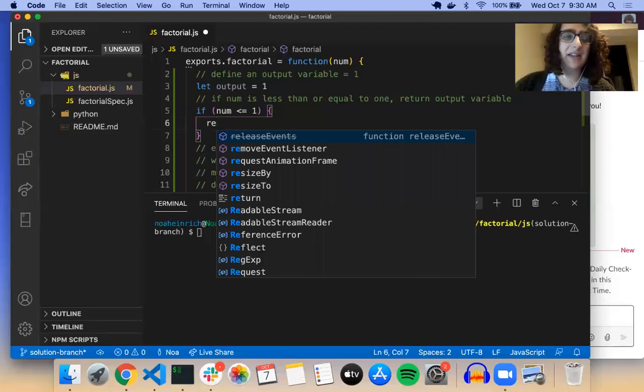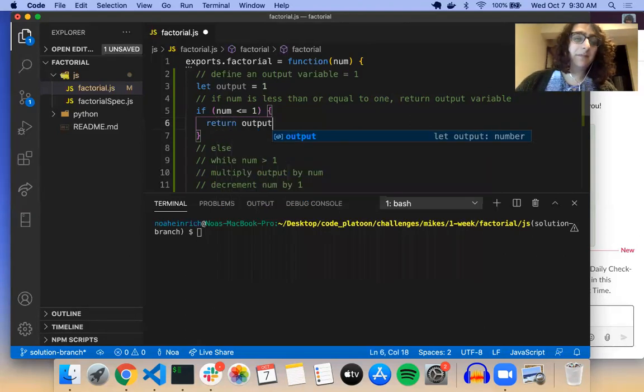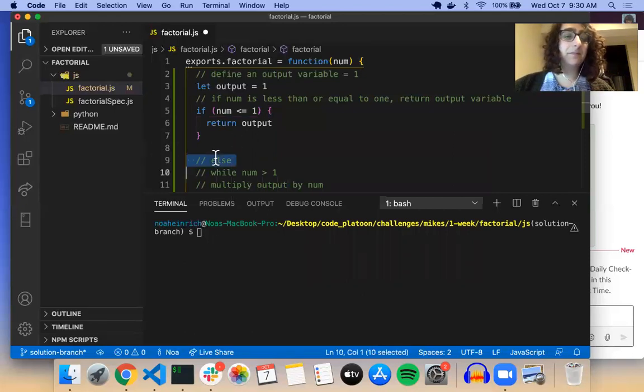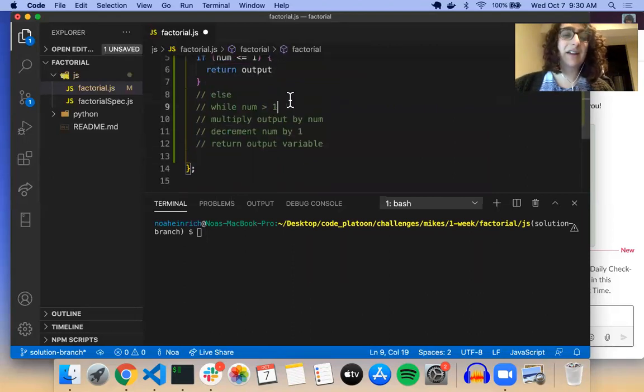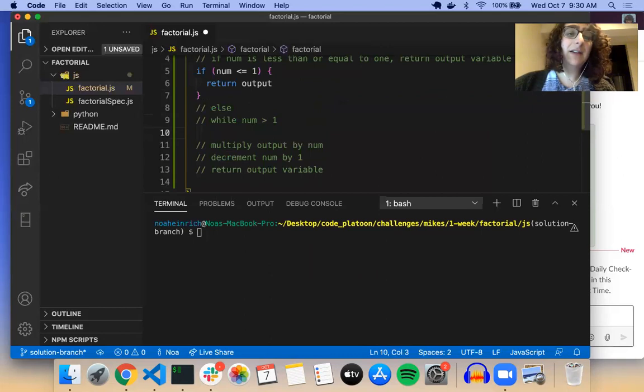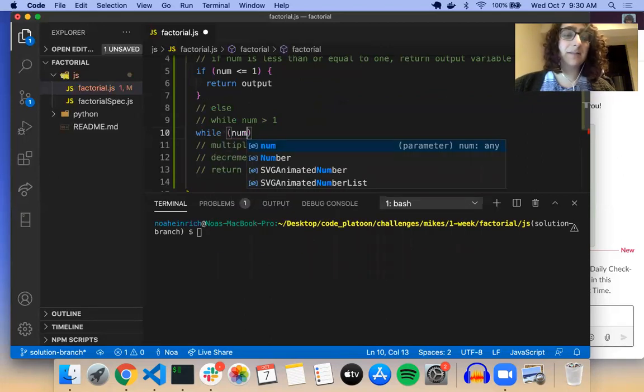So we could just say, if this, do this, and then we don't need to say else. You're right. Return output. And then here, I'm going to keep the else in the pseudocode, just so it's kind of there saying else, here's what we do. So in here I could say, while num is greater than 1,